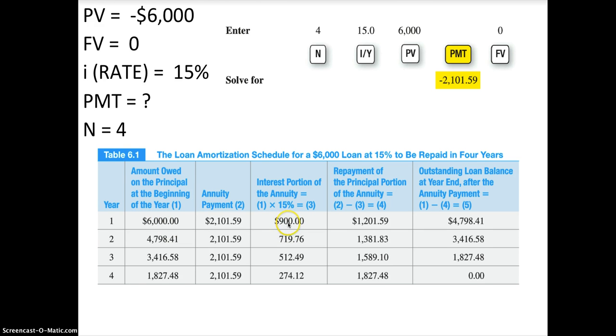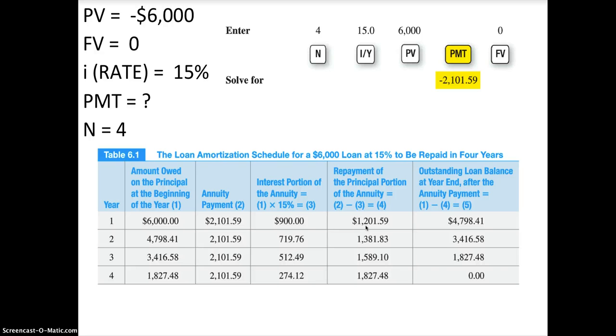And if you deduct $900 in interest from our annual payment or annuity payment that we're making on the car loan, that means that $900 will go toward interest, and $1,201.59 that you see here in column 4 goes toward paying off the loan amount, the principal amount of the